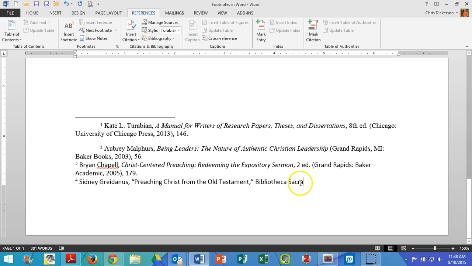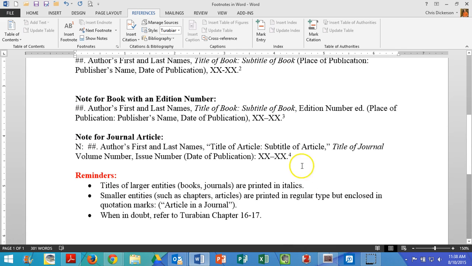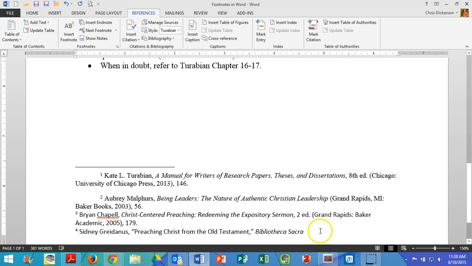So that's the name of the journal, and we're going to put that in italics. Go back to our space here. Let's go back and look. Title of journal. Then we need the volume number and the issue number. Now, not all of them have issue numbers. So this one actually just has 161, and then